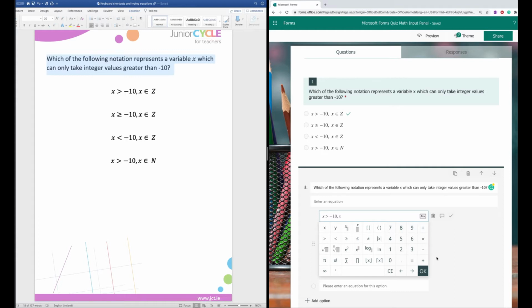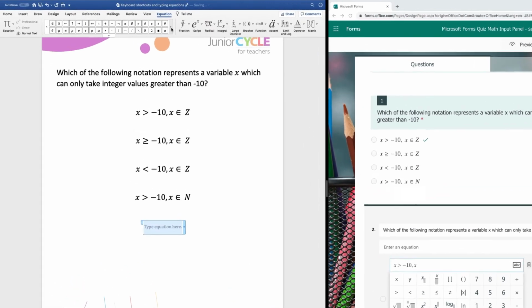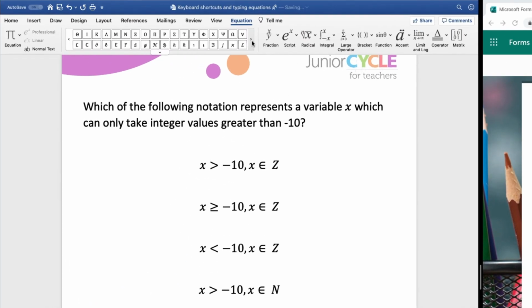But you're actually not. So if you're used to using the Office products like Word or PowerPoint, and you want to be able to put in the equations, you're probably used to putting in insert equation, or you might know to press @= to bring up the equation editor. And when you do that, you get at the top this equation editor, which brings up a lot of symbols for you. So if you were to have a look through those and find the symbol that you actually hope to input here into your form,